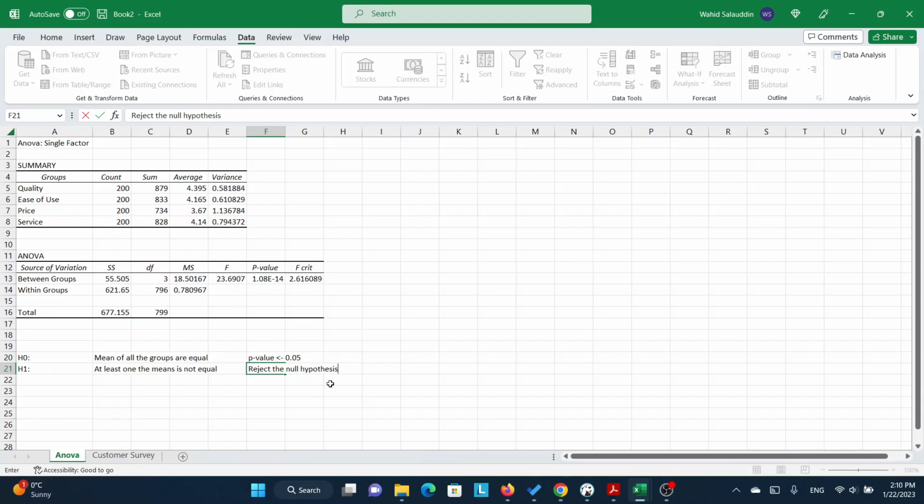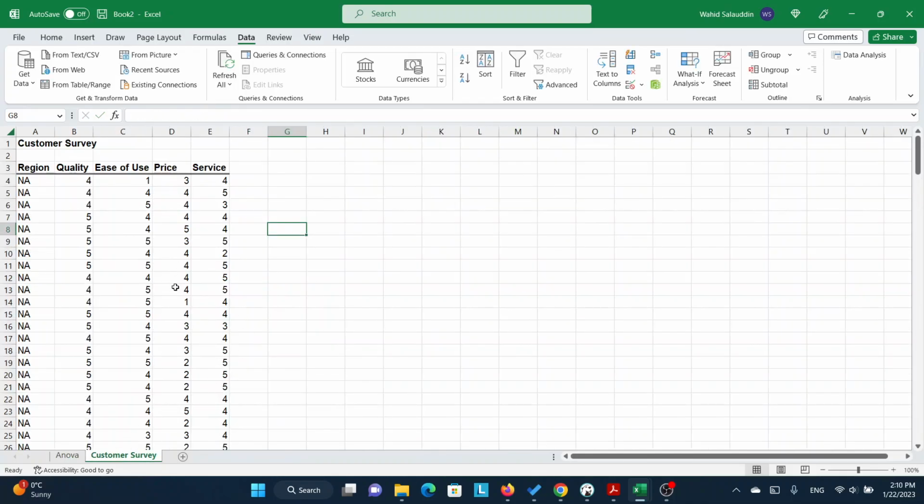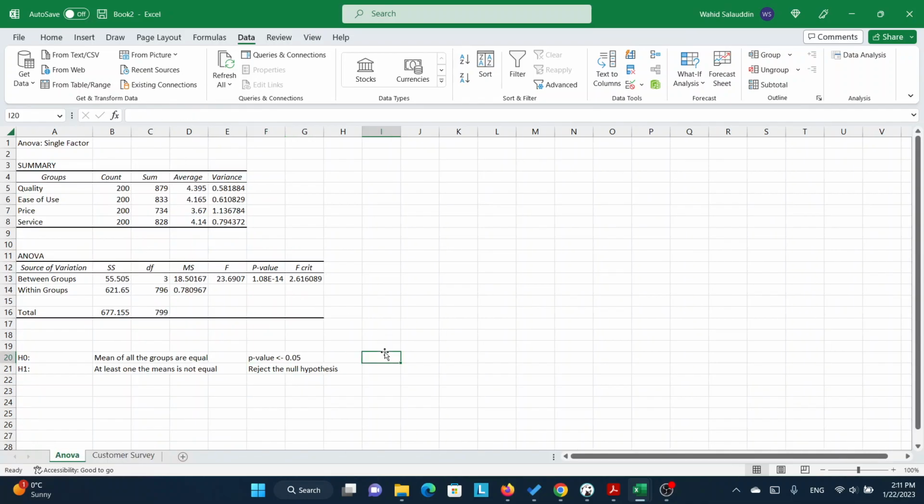Okay. So that means that of the points given to quality, ease of use, price, and service, at least one of them is not equal to the other three. Okay, on the scale of 1 to 5, at least one of the quality attributes or product attributes differs from the other ones. Okay, so that's the analysis. That's ANOVA. That's how you perform ANOVA in